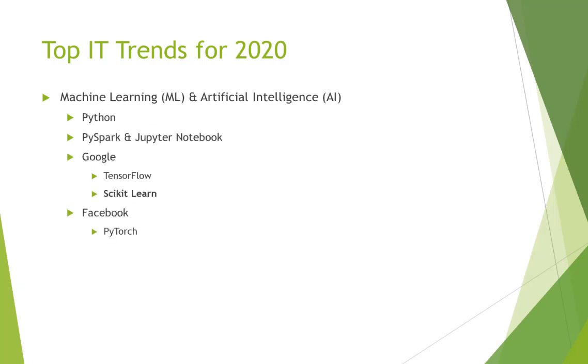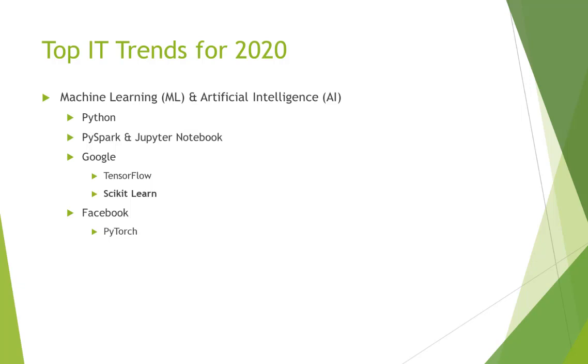Next thing I want to talk about is machine learning and artificial intelligence. That's really the hot topic. For this topic, you need to understand Python, the programming language, which is very easy to learn. But basically, you need to understand PySpark and also Jupyter Notebooks. You need to work with these to do some analytics on machine learning, applying algorithms to predictive models. There's a lot of topics in that area, so you can Google on that. Definitely, machine learning and artificial intelligence is a hot topic in 2020.